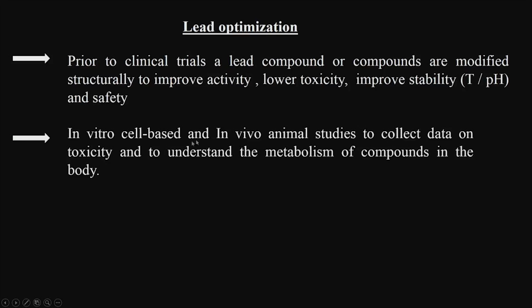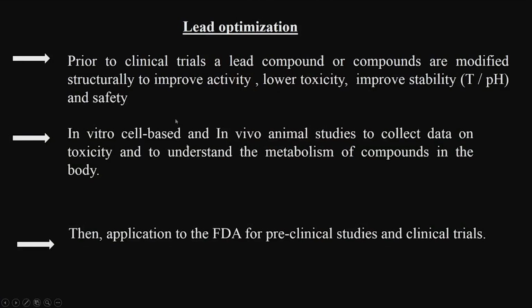So we can collect data from maybe cell based studies or maybe even animal studies, understand the metabolism of these compounds, whether the compound is stable at pH, whether the compound is stable in the liver region and so on. Maybe the best compound is very unstable because of the action of the liver, maybe the second best compound may be more stable and so on actually. So we can either shortlist one or two which not only satisfies the activity, reasonably good activity, but also quite stable. Okay. So that is called the lead